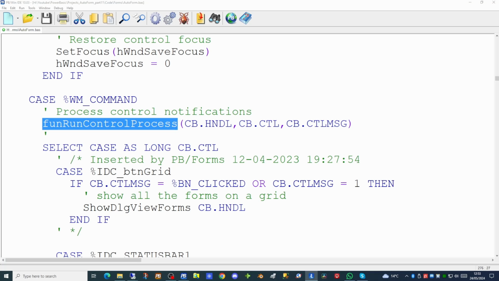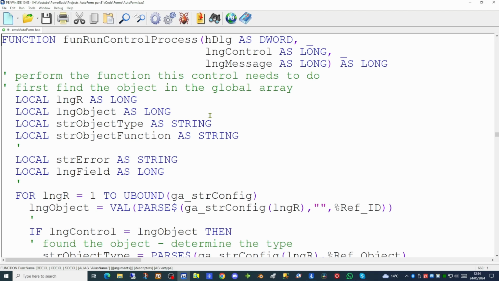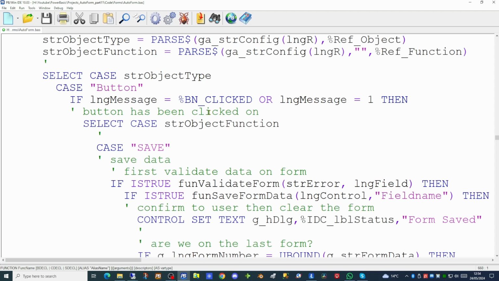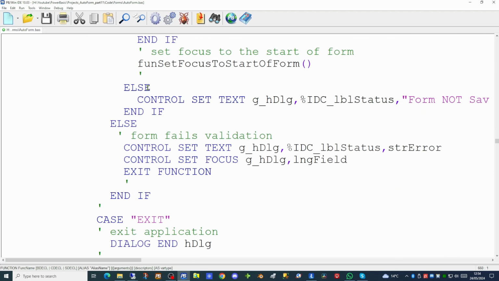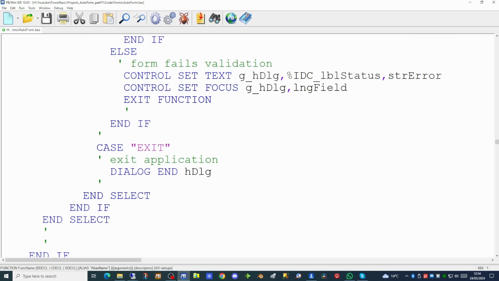But before we do that, it's good to remember that we've actually loaded a library here. And when the form is unloaded, we'll want to unload that library as well. So let's go into our function that handles the run control process and add something to the exit of the form. So in the run control process, this handles all the events for objects being clicked upon. There is one for the save button, and there is one for the exit button. So it's within the exit button we'll want to put this extra piece of code to unload the library we